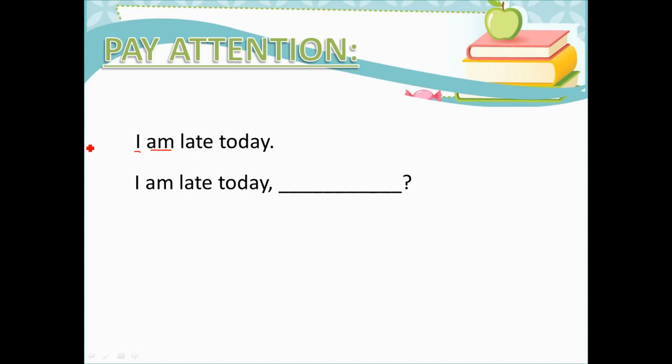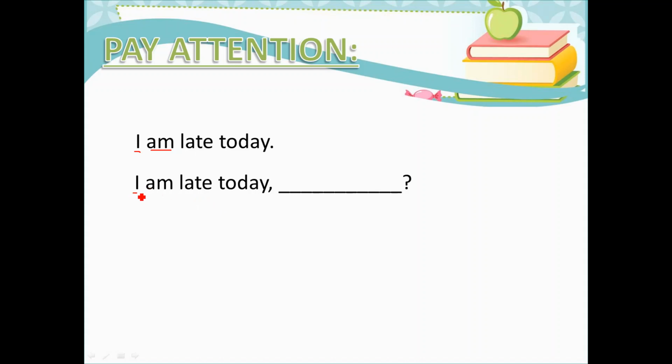Now finally, I want to pay attention to this one. Now, if I have a sentence and it starts with I plus the helping verb I am, فقط إذا كان لدي جملة فقط تبدأ بالI والفعل المساعد I am, this is gonna be irregular. هذه جملة مختلفة نوعا ما. Only in this case, فقط في هذه الحال إذا كان عندي I plus the helping verb I am, and I want to make a question tag, it should be like this. I am late today. أنا متأخر اليوم. أليس كذلك؟